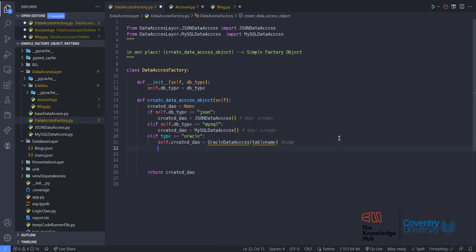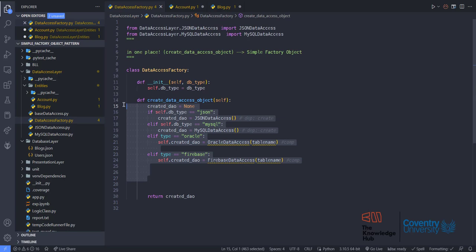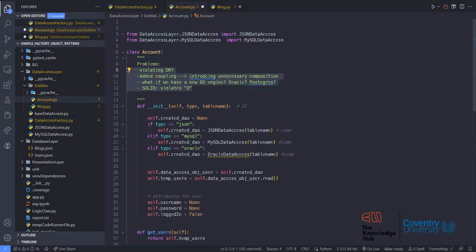Come to this class, add an else if, and add another else if. Maybe you have Oracle, maybe later on you have Firebase, right? So you have Firebase data access, and keep on adding else ifs and conditional branching as much as you want in one place. This is the beauty of it. This is how we can say that we have from this part, right,